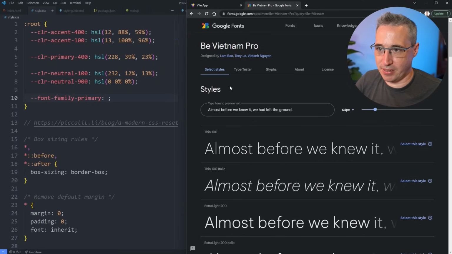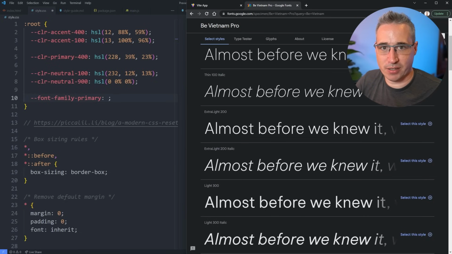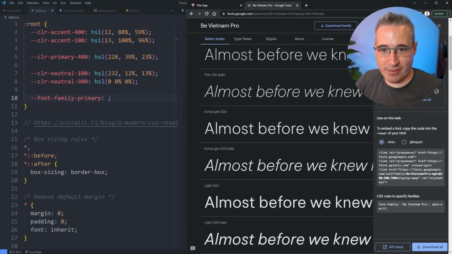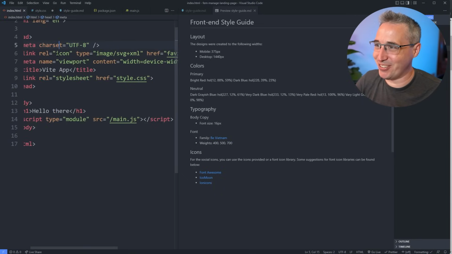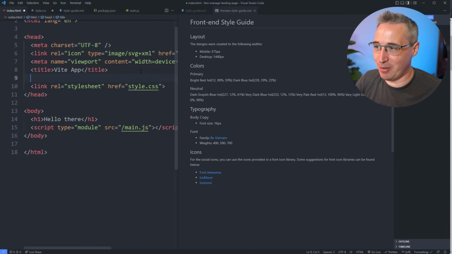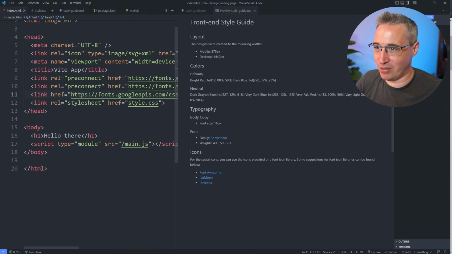I'm guessing this isn't a... I'm just looking really fast, but it doesn't look like it's a variable font. So that's okay. We have everything we need there. So I guess we might as well grab this right away. Copy that. It'd be really nice if Google included a really quick copy button, but anyway, they don't. So we'll come right here, right above my own styles, and just paste that in so we get access to